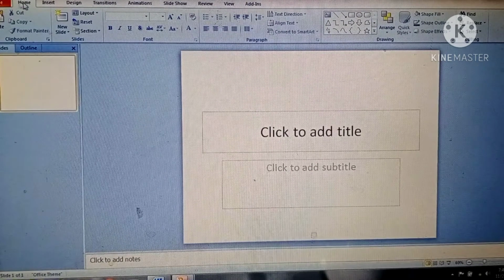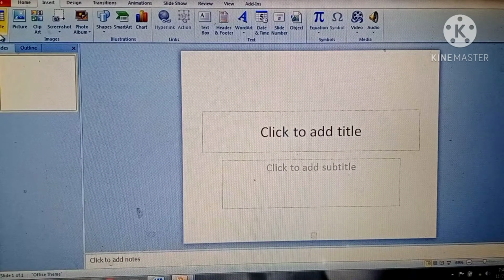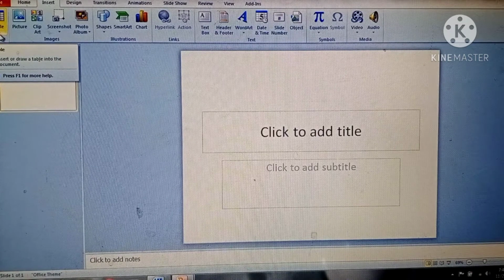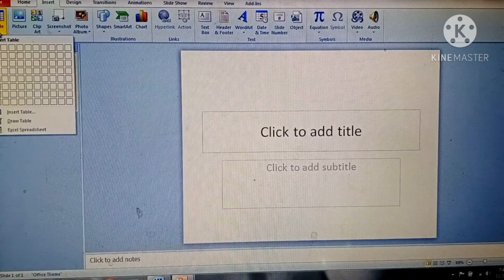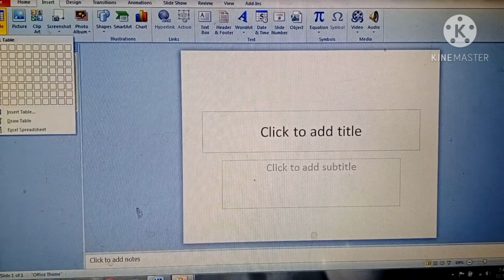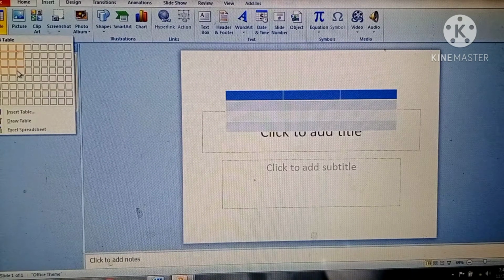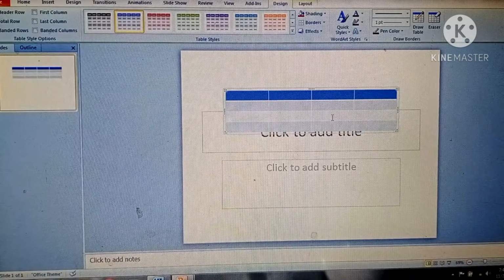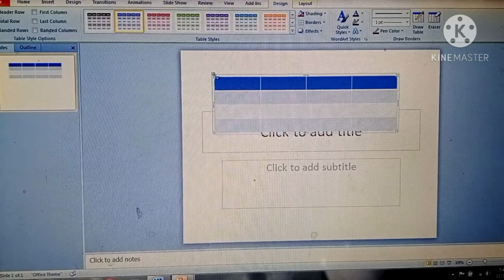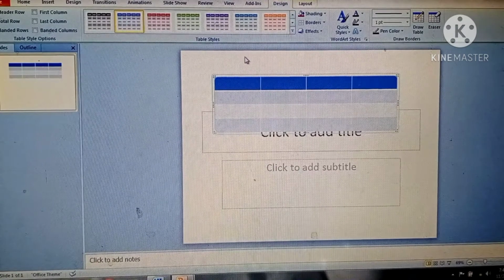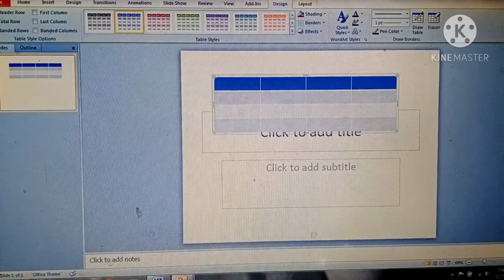Firstly, you will click on this insert tab. As you click on this insert tab, you will go to the table group. You will click on this table. As you click on this table, it shows you the table grid. However many rows and columns you select, that will be inserted in your table. For example, I am selecting this. So I have selected 4 rows and 4 columns. I am clicking on this. Then you can see here 4 rows and 4 columns are already inserted. You can see it. Clear?